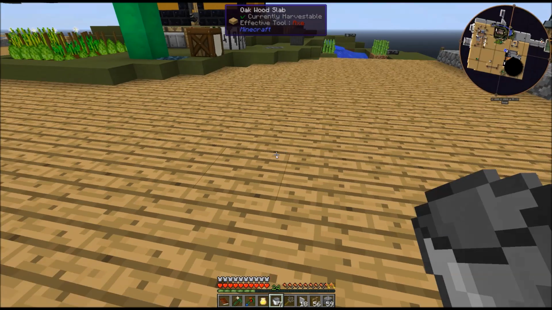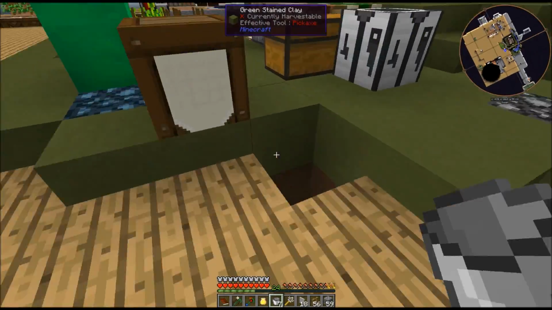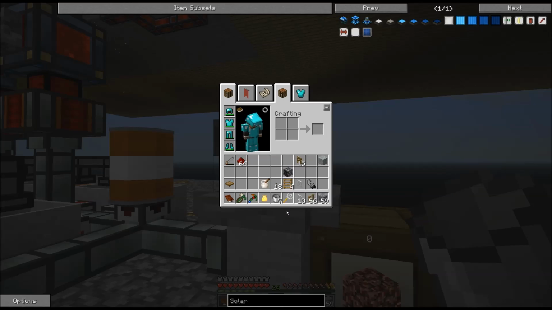Yeah, that should be good. So take half of that. Yeah, throw it all in the barrel. Doesn't matter. So I'm going to get some netherrack underneath my crucibles so that I can start making faster lava. And I also want to,